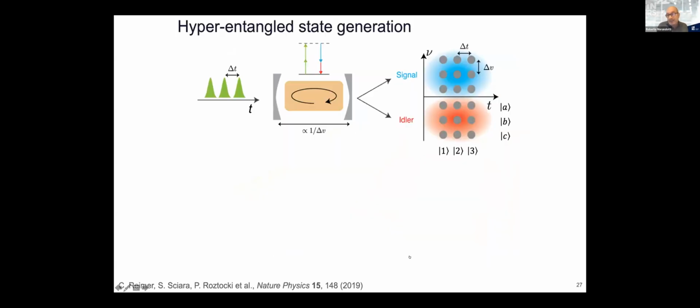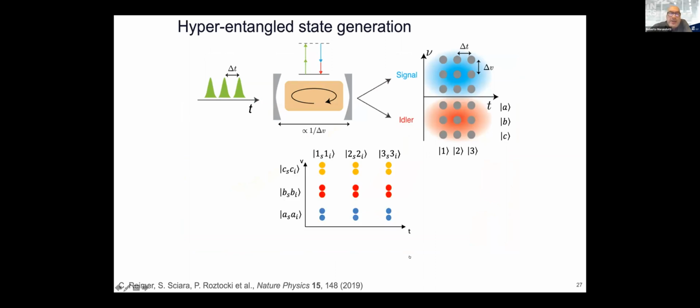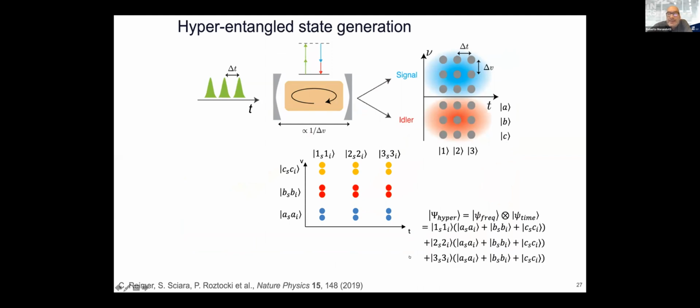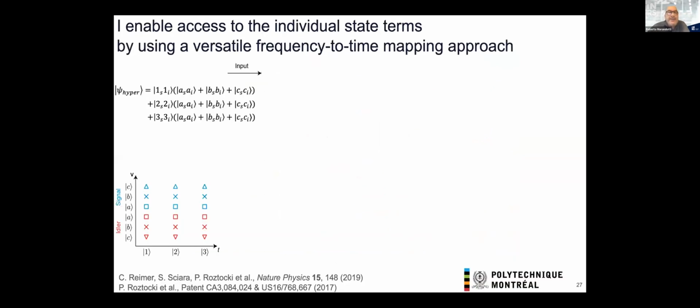So we can combine these 2 degrees of freedom, like we did with signal and time. So we can do basically hyperentangled states, which are product states. And we can even dream to do cluster states. But in order to do cluster states, which are very useful for a one-way quantum computer, you need to change the phase of these 3 frequency bins that are associated to 1 time bin in a different way for each one of them. And you can see it's very challenging. So my student came up with this idea.